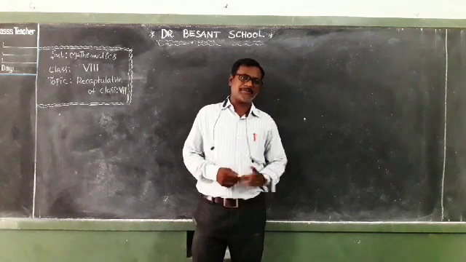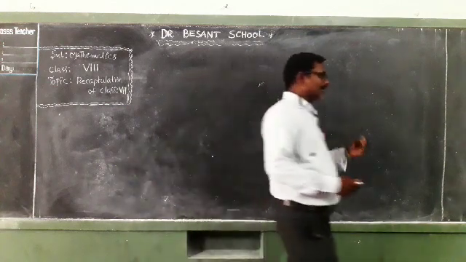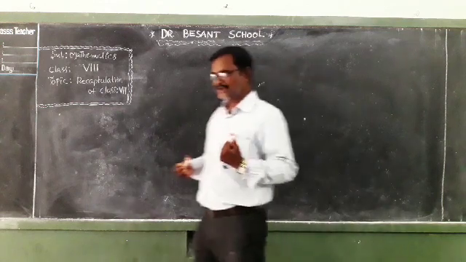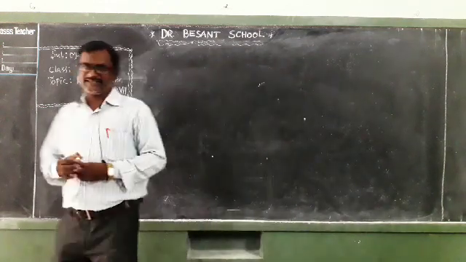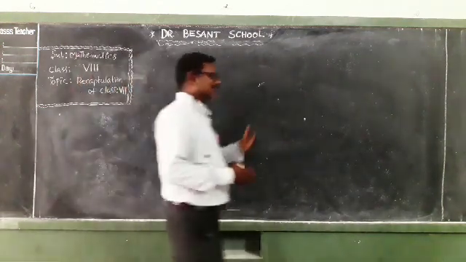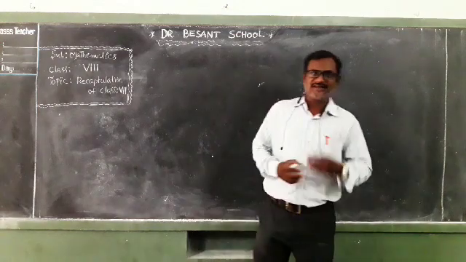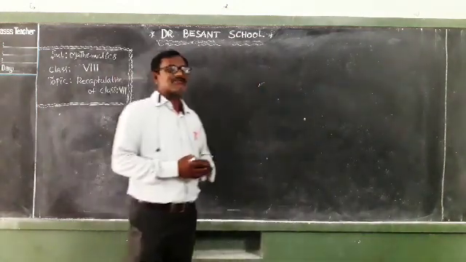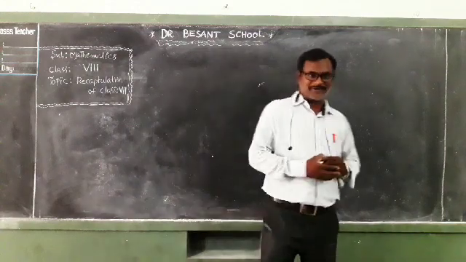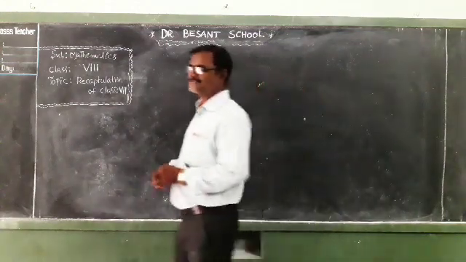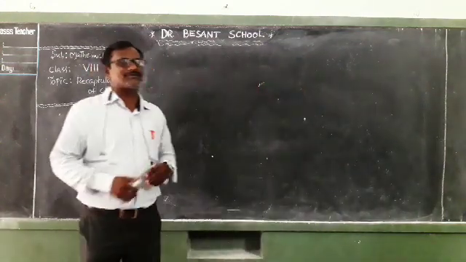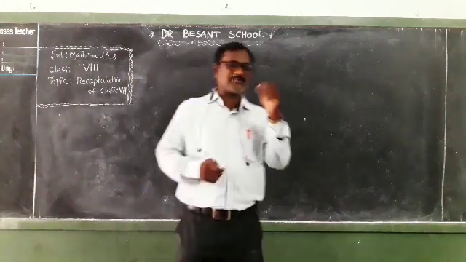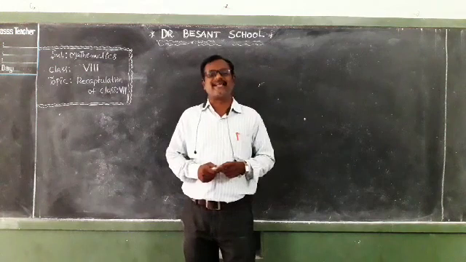Children, we discussed some concepts in our previous class, what we have learned from 7th class mathematics. From 7th class mathematics, we learned the first chapter, integers, and also the second chapter, fractions, decimals and rational numbers. And we learned simple equations, that means linear equations in one variable. And if you go back to our 7th class mathematics textbook, our fourth chapter was lines and angles. Okay, lines and angles. Once we have to recapitulate what we learned from this chapter.